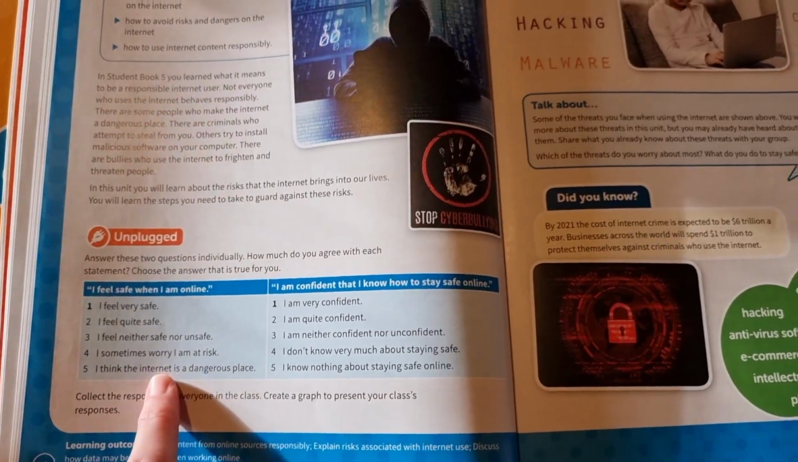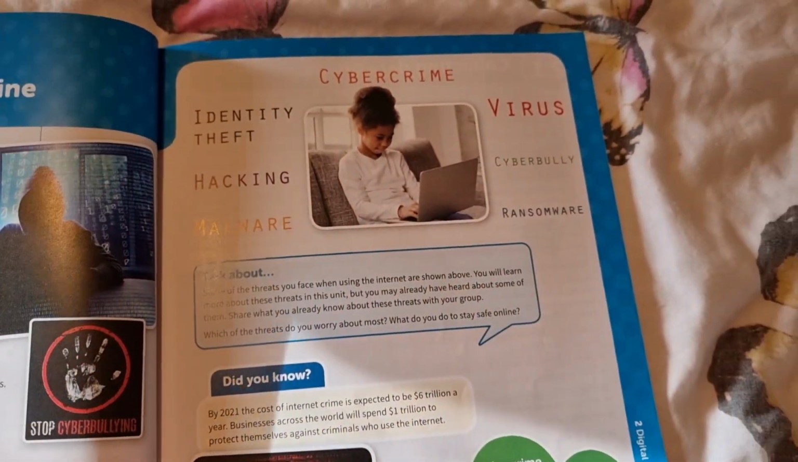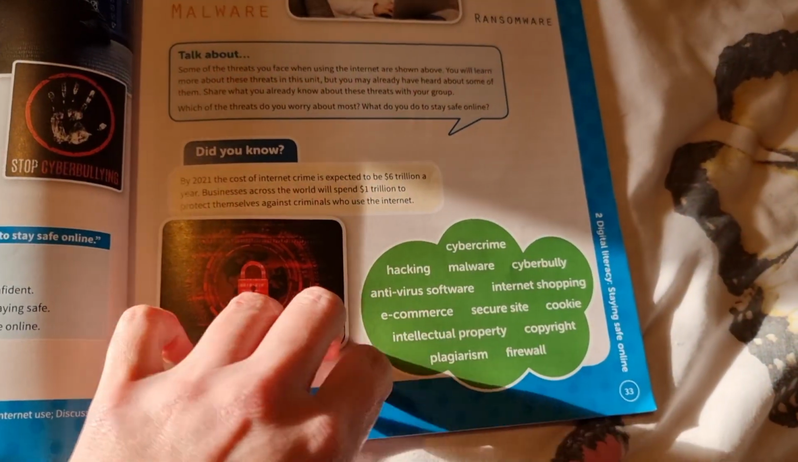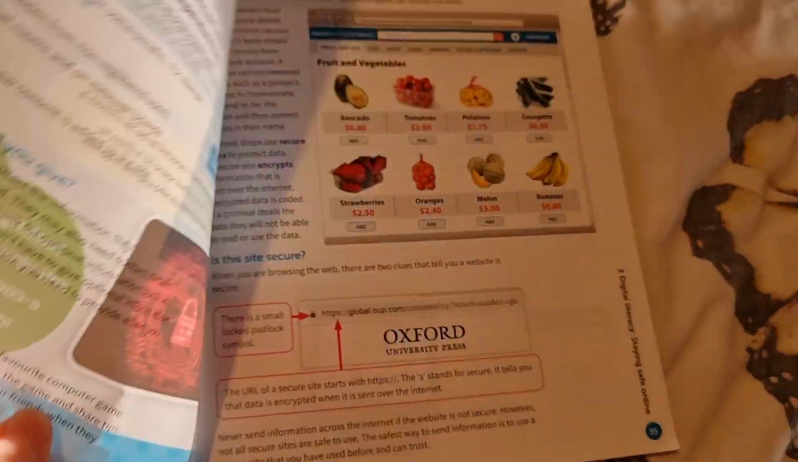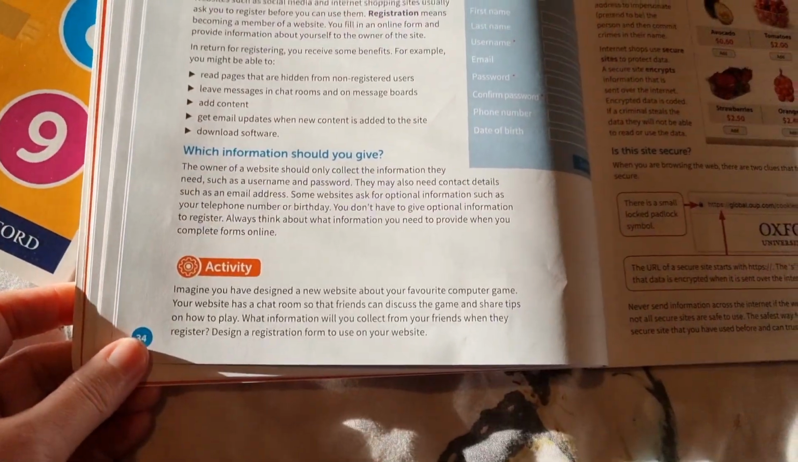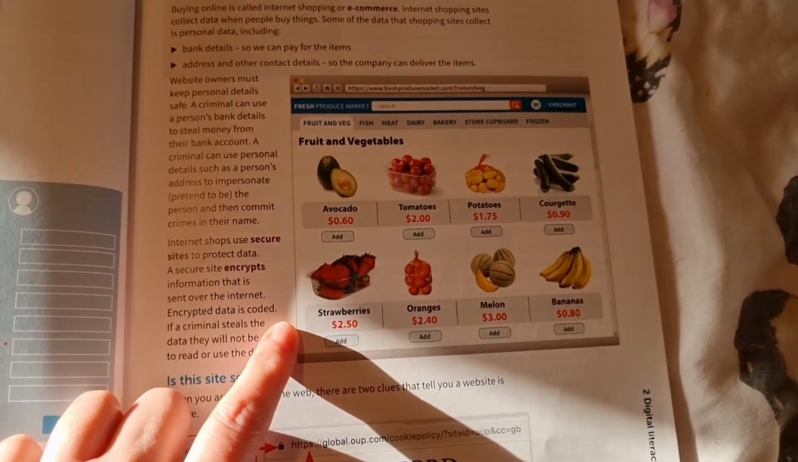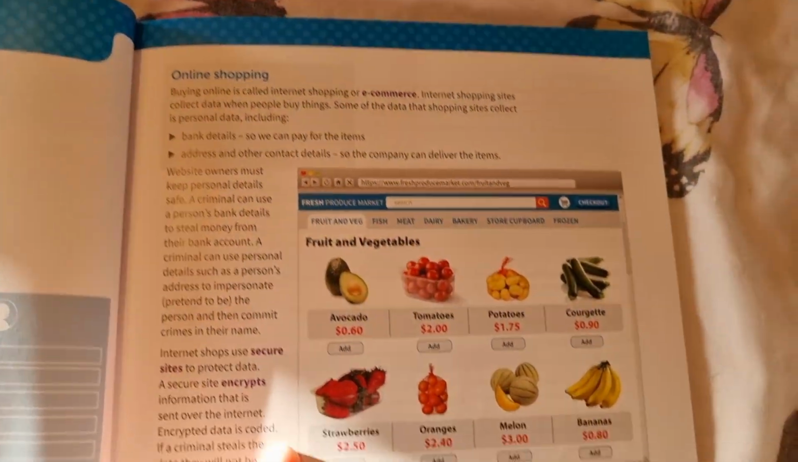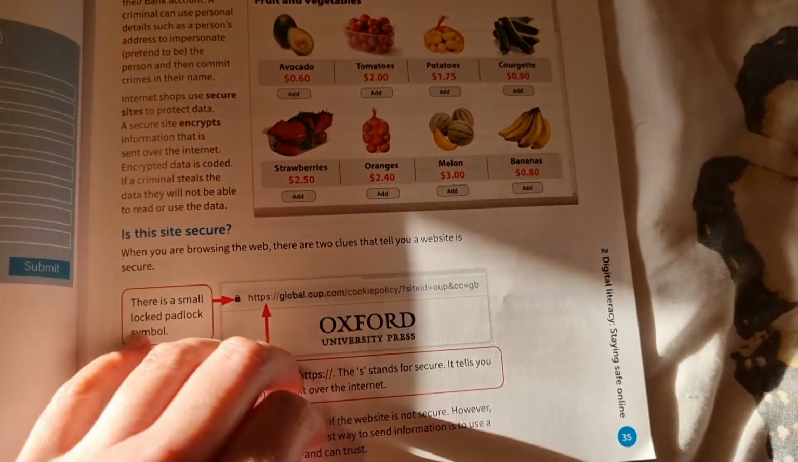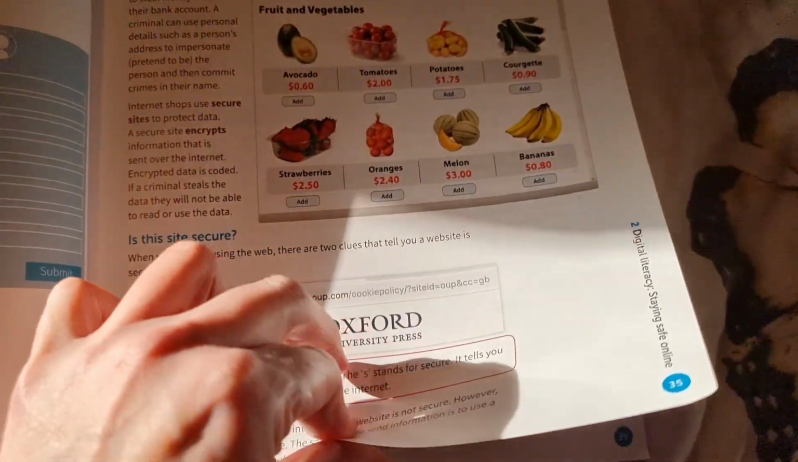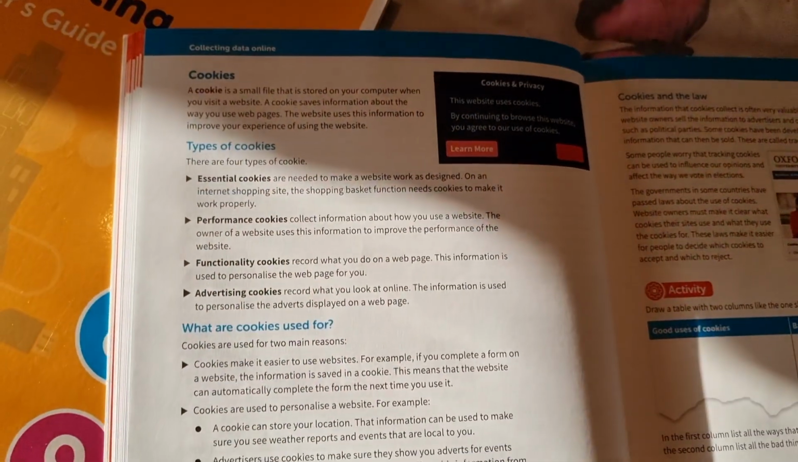So there's an unplugged activity, our vocabulary bubble, collecting data online, activity here, online shopping, all about cookies, the extra challenge test,